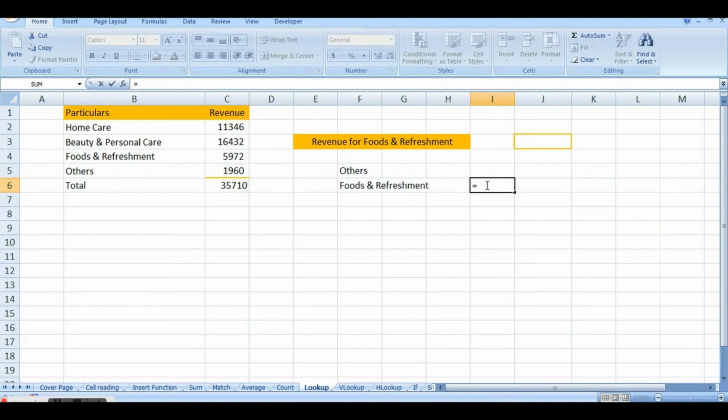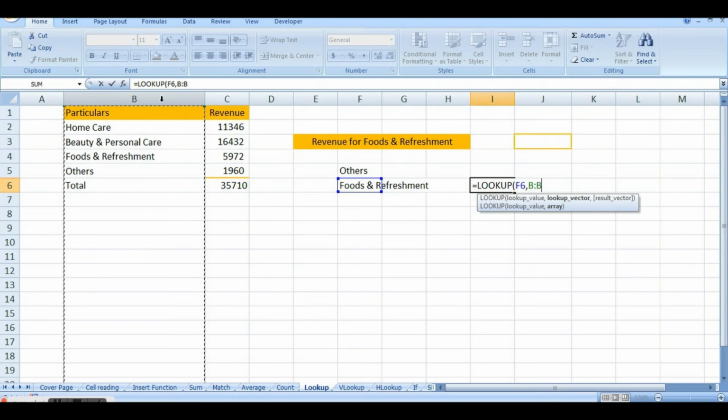Equal to lookup. Lookup value, I want to find food and refreshment. Lookup vector, from where I want to find this. I want to find it from these particular 2 columns, or I can select the entire columns if there is no repetition of the labels that I want to search, or only the selected area of a particular table that I am looking for.